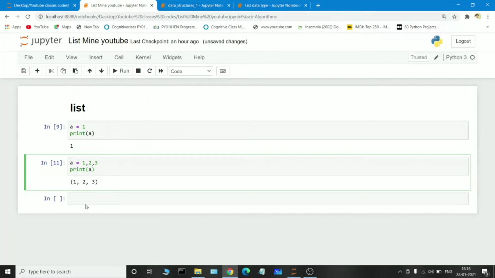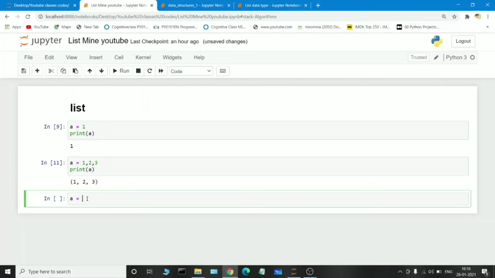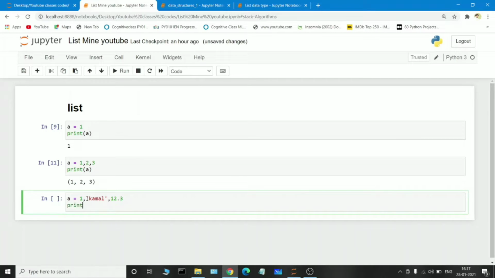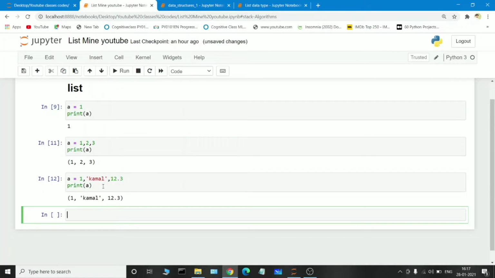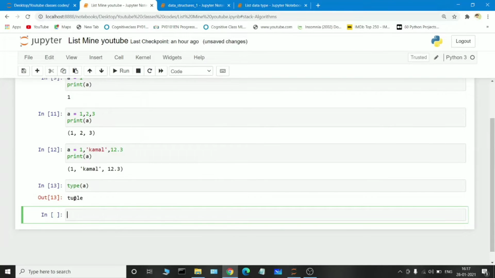In another case, if I pass 1 and a string, and also 12.2, which is a float data type, and print the value, it prints successfully. But if I want to find the data type of a, it shows as a tuple.